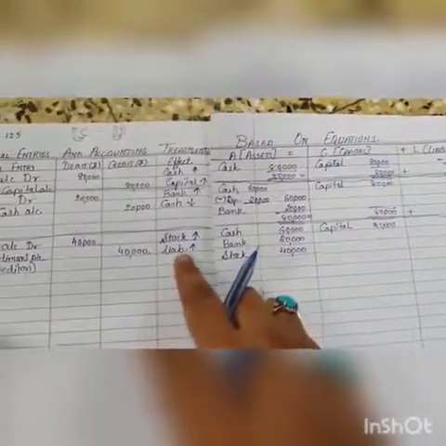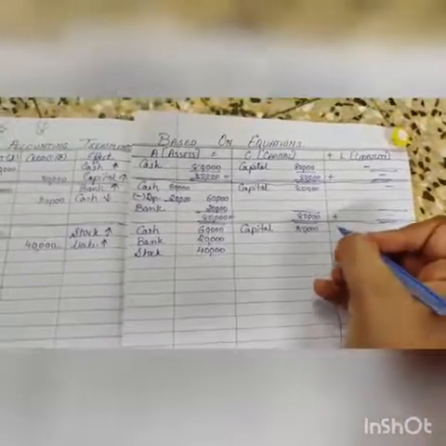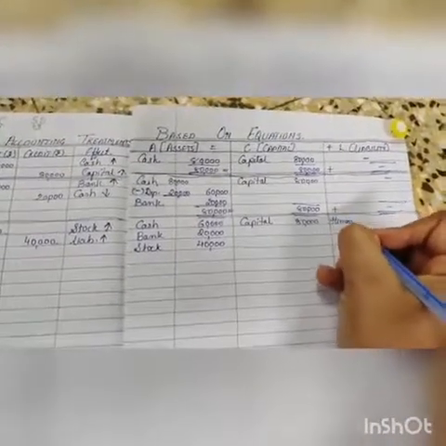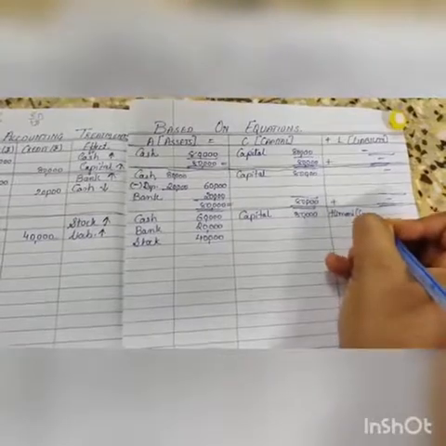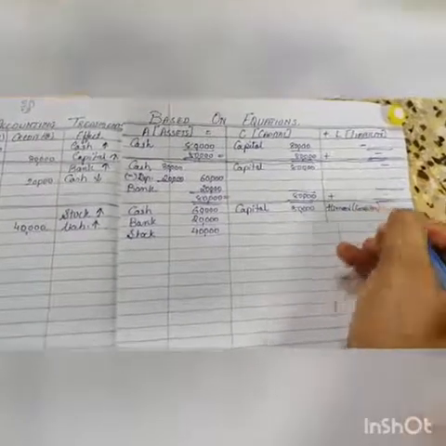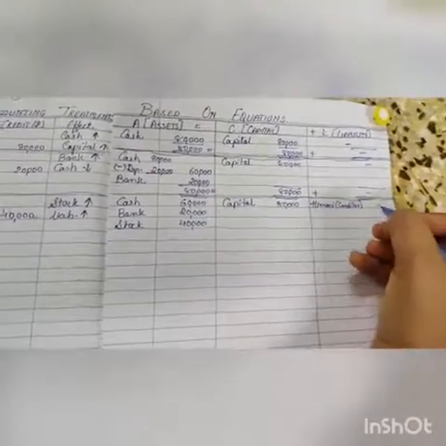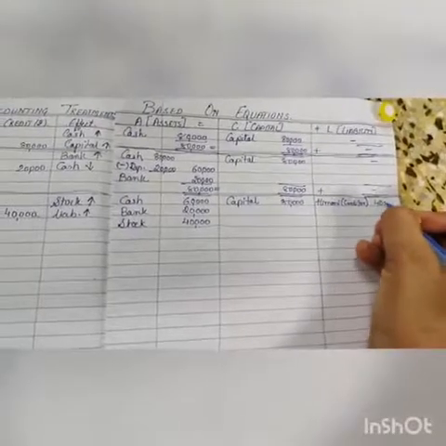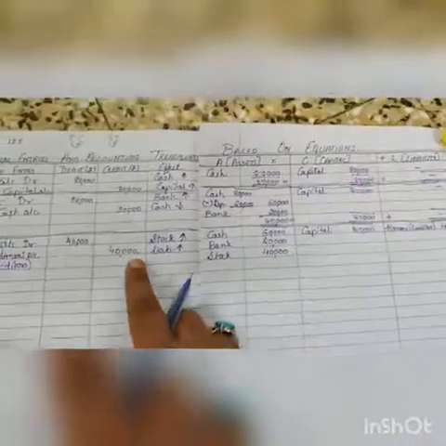Then now we will be recording for creditors. Creditor is your liability. So here you can write down Himani, and Himani is your creditor. You can write that in brackets. So that is how much? That is again 40,000 for creditors.